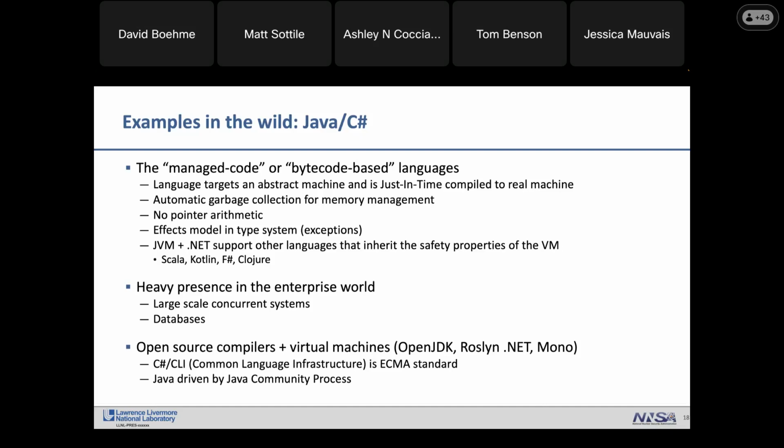But two things that I think are quite interesting about them are, first, they have more than just safety features for memory. They also have what's called an effects system in their type system. And this allows you to look at a piece of code and not only know what its API is, but what effects it may have with respect to errors. And this allows you to check to make sure that errors are not being ignored. The other interesting feature of these languages is that most of the safety is a side effect of the virtual machine and the just-in-time compiler. So a lot of other languages are built on top of this that